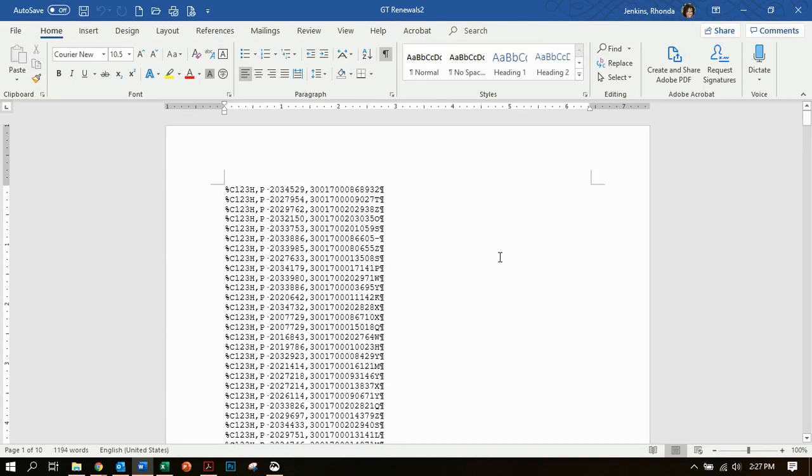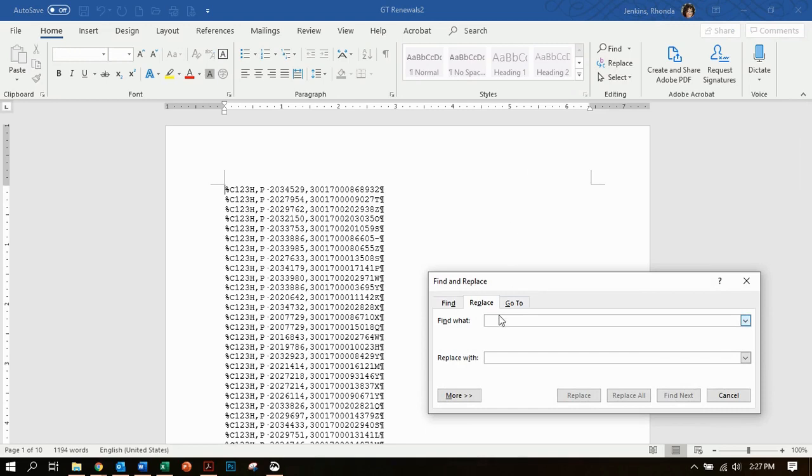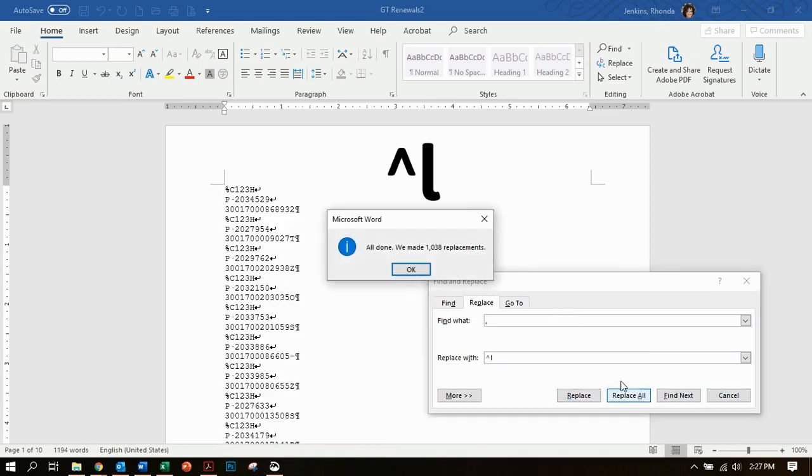Now, it's all on one line. That's not how Destiny will read it. So we're going to change the way it looks. Okay, so we're going to choose Replace. And what we're going to replace is the comma. So I'm typing a comma in there. And what am I going to replace it with? I'm going to replace it with a line. So that is the caret, which is a capital 6, and an L. Okay, I know, weird. So when I say replace all, you'll see now they're on all separate lines,